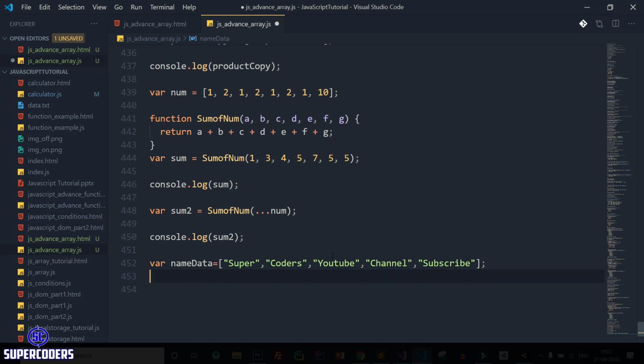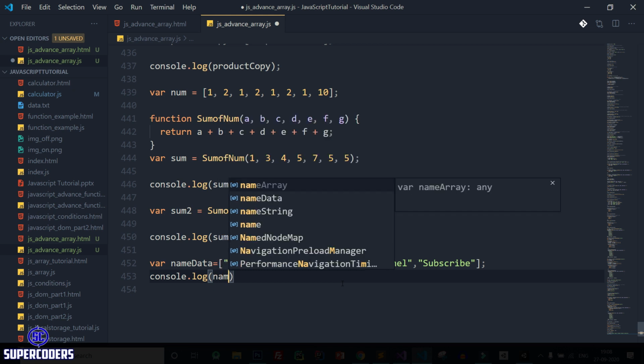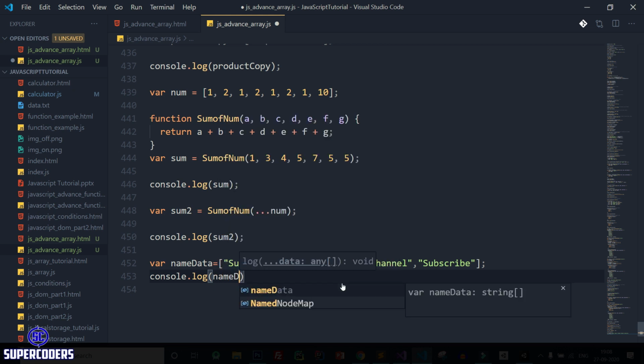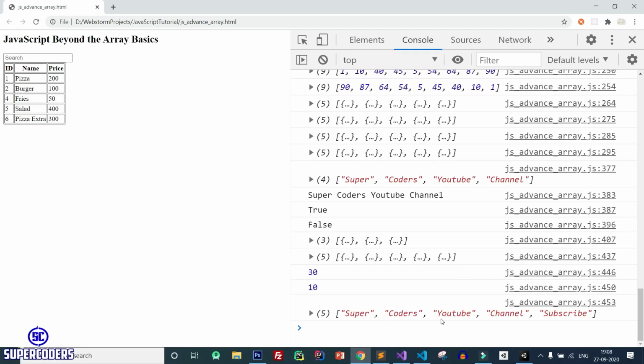So let's make this array and print it. console.log name data. Save it, back to Chrome, refresh the page, and you can see it's printing.